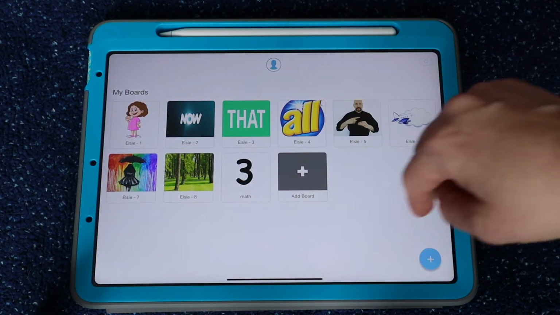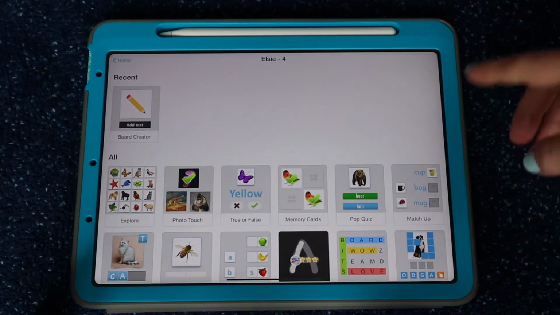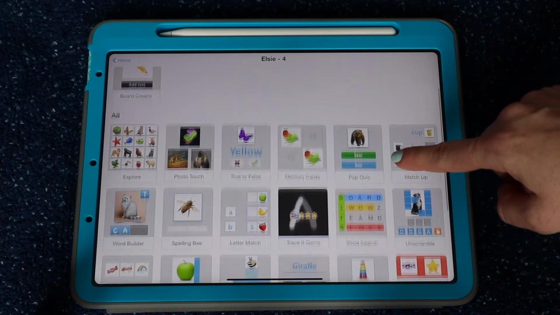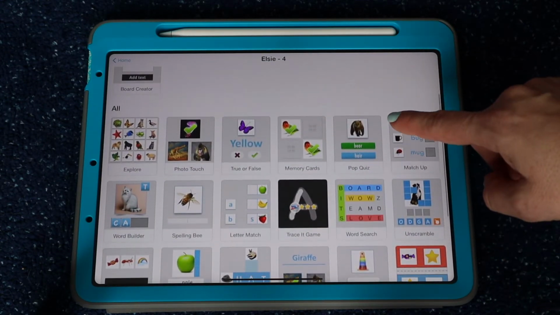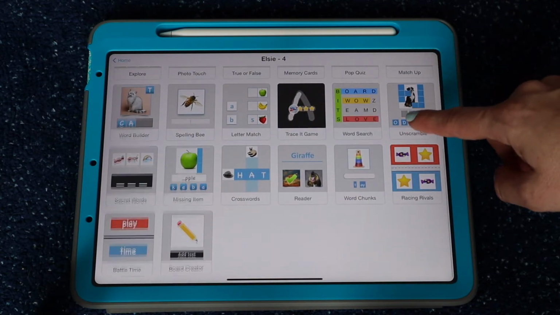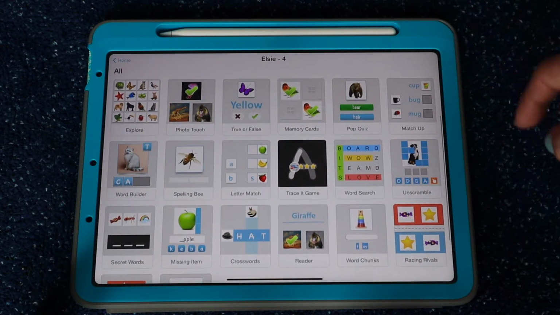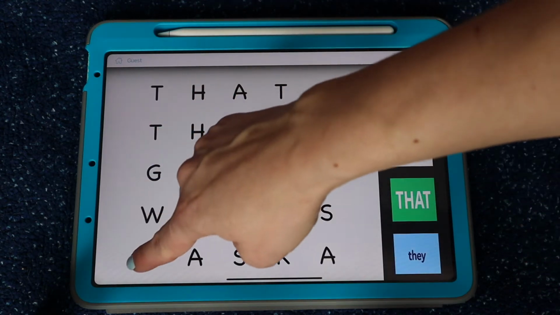So these are some of the boards that I have for my daughter. If you go into any of the Bitsboard, these are her words from, I believe, a couple weeks ago. So these are the games that I've selected. These are the ones that are easier for her and that are most motivating for her, that she'll choose to play every time. So if you go into one of the boards,